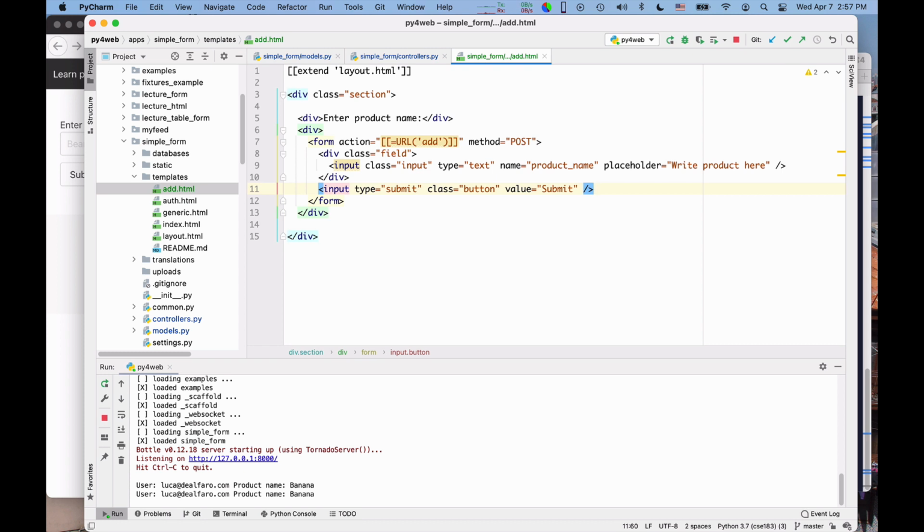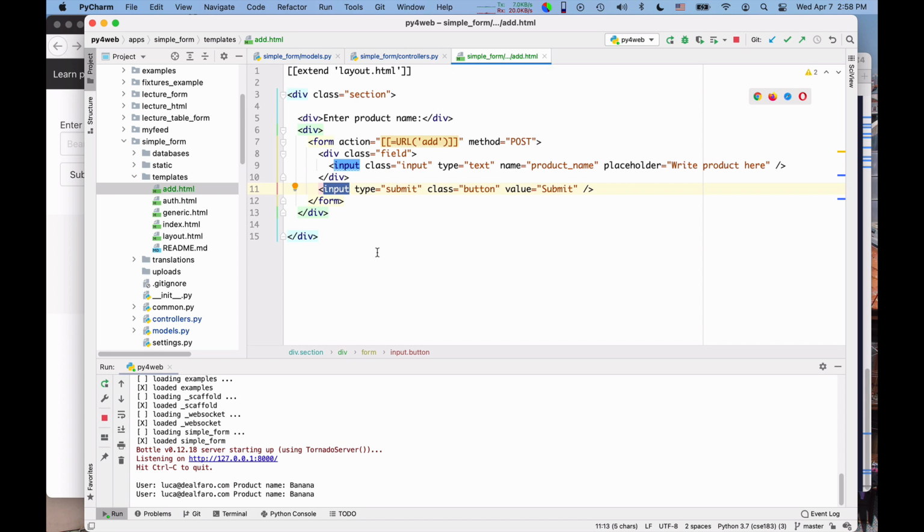Okay, so that's my form. Essentially, the form has a URL to which it is posted, a method used for the posting, and then it has various input fields in it. Some input fields are for truly accepting input, such as this one, which is of type text, and it will send its content via product name. This other input is of type submit, and so it's simply the button that causes the overall submission.